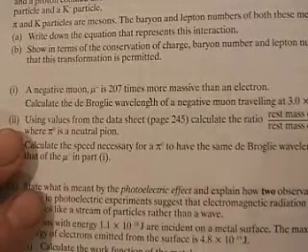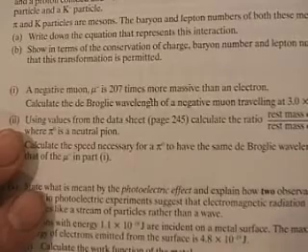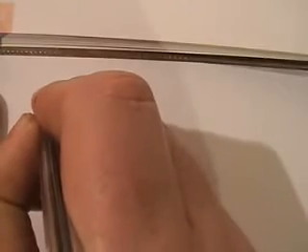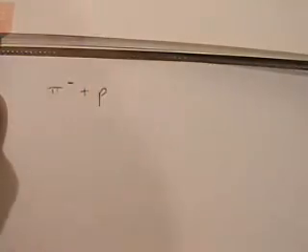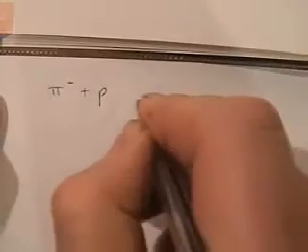So what's the first thing you're asked to do? Write down the equation that represents this reaction. It's about a pi minus meeting with a proton. So let's write down pi minus plus proton, and they're going to interact,